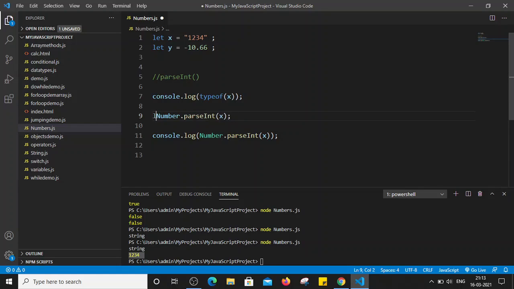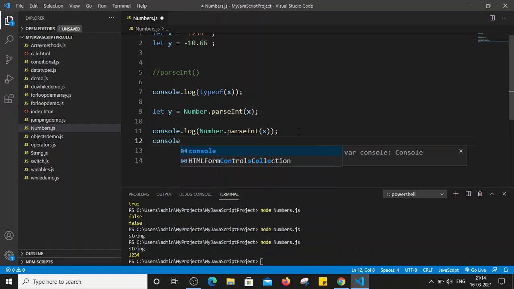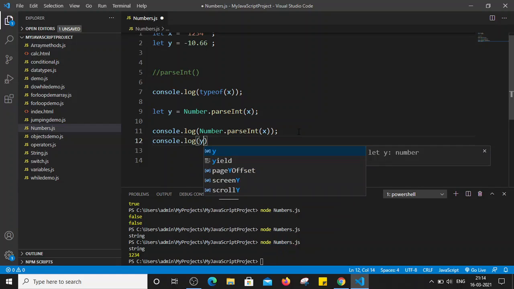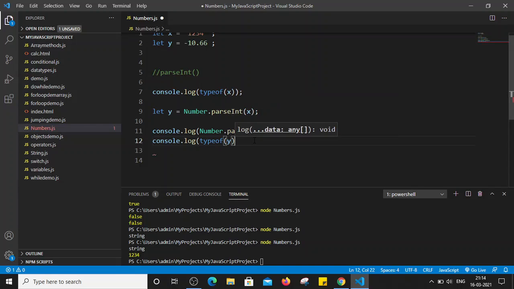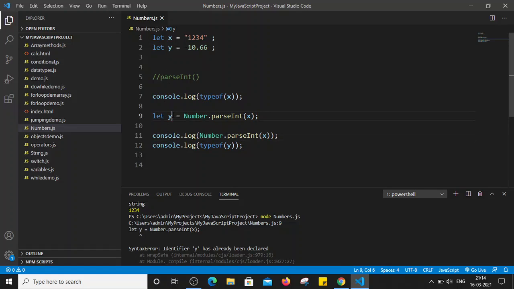For example, let y is equal to... oh, we have already used y here, so let's name it something else.